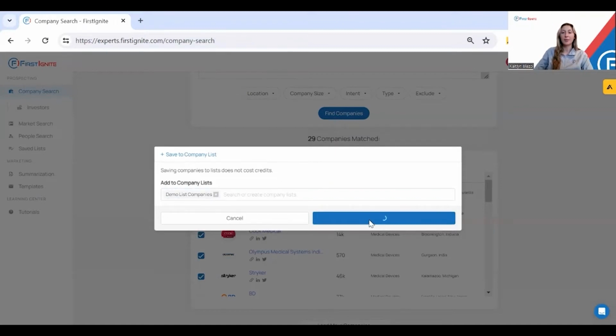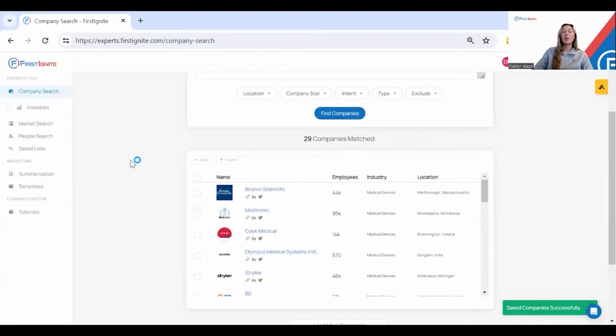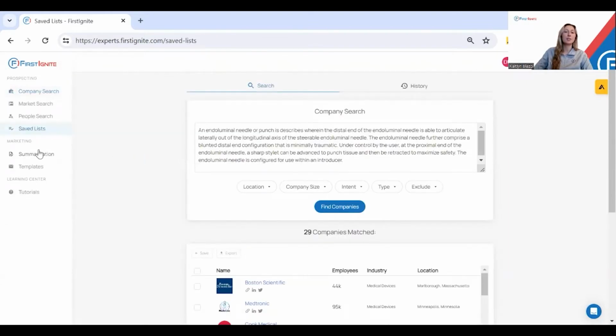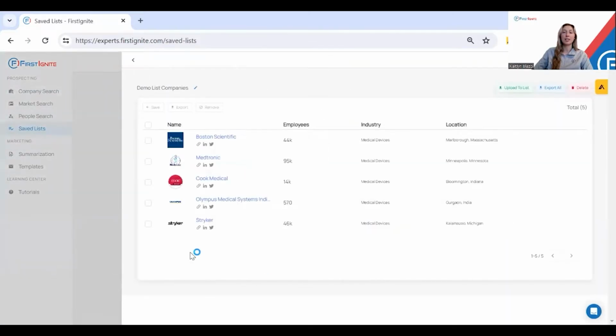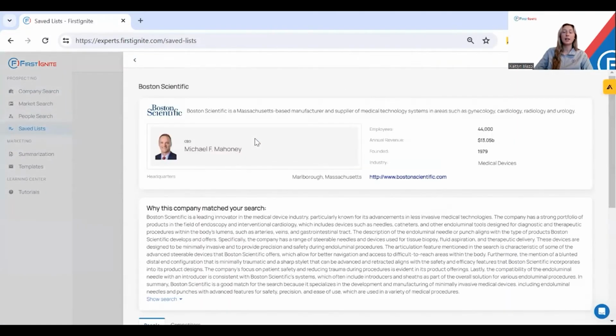And then hit Confirm. If I want to access these companies, I would go over to my Saved list on the left side of the screen, and here I will be able to access all of those companies that I have just saved. And if you click into the companies, you will notice that all of the information for that company is still listed, along with the reason why this company matched your search. I'm going to go back,